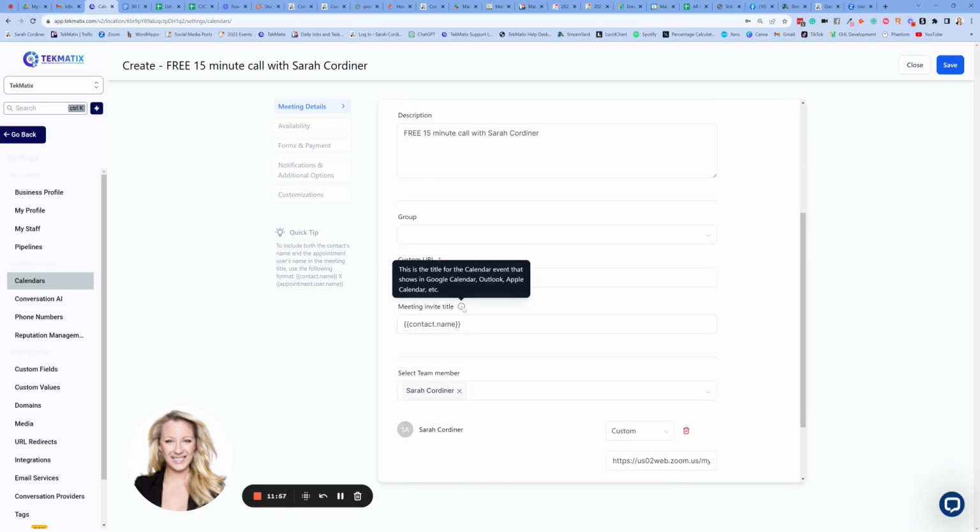Now, meeting invite title. This is when this person books the meeting, what is the title of that event that will show in their calendar, right? So when they get the calendar confirmation, what shows up? So contact name is the person who's booked the appointment with you. That will automatically fill with their name. So I would usually leave that there and put and Sarah Cordiner